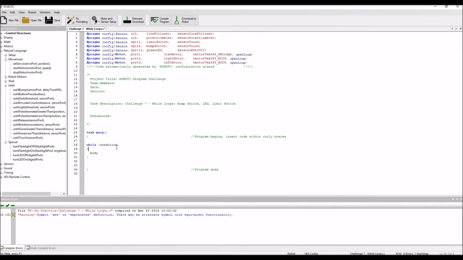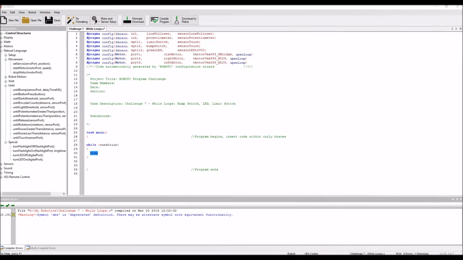So this is what's known as a while loop, and a while loop typically has 3 components. The first component has the keyword while. The second part is the condition, and then the third part is the body, or whatever it is it's going to repeat over and over. Okay? Alright, so let's get started with that,